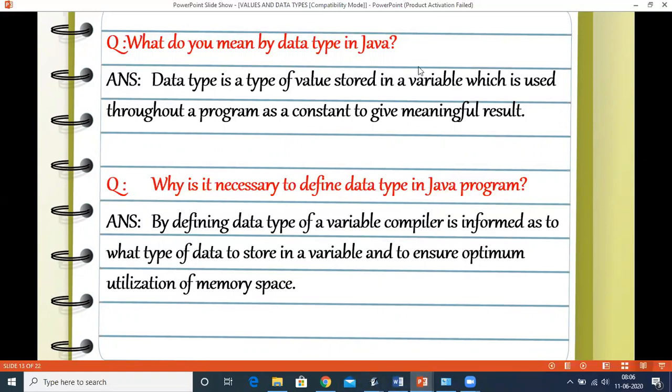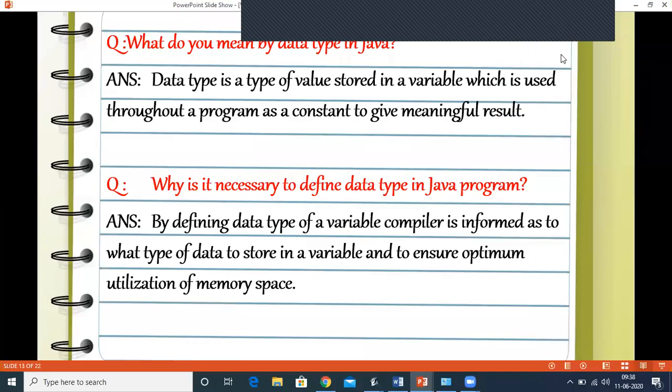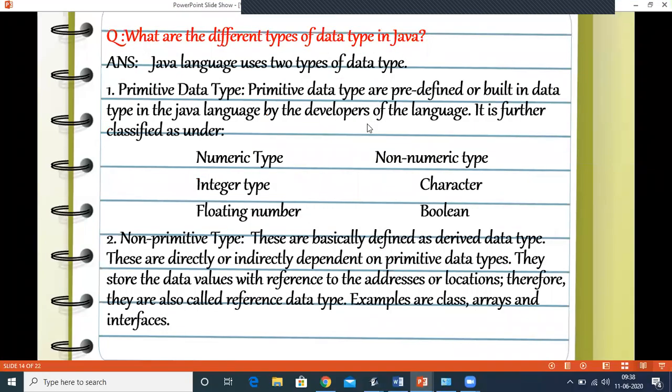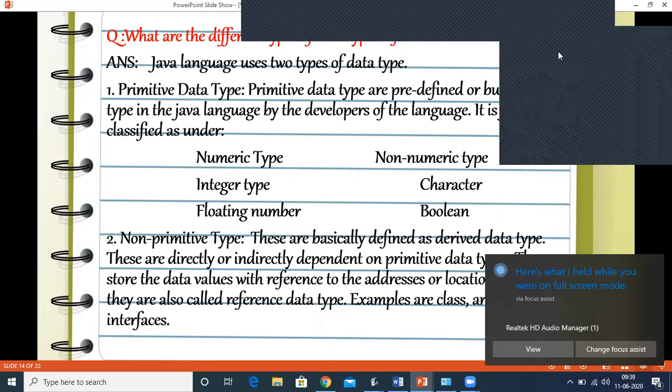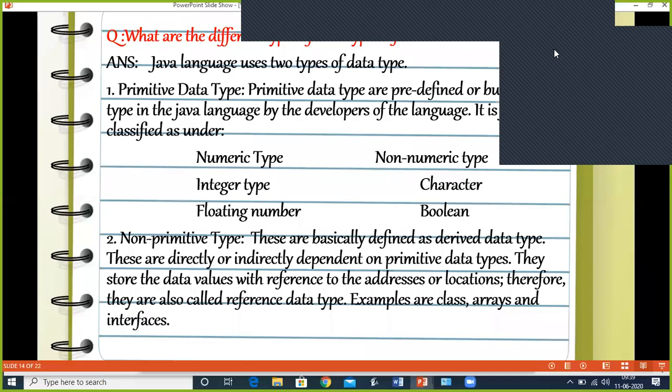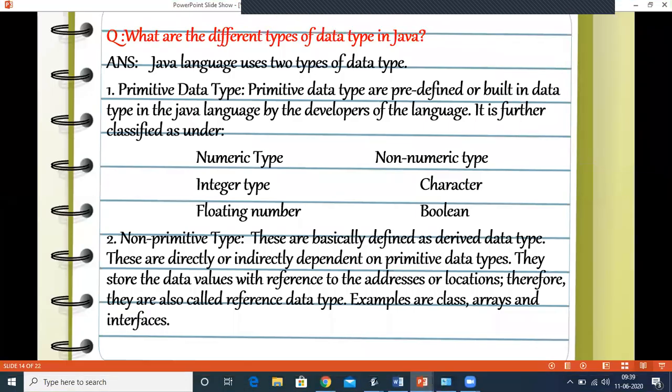What are the different types of data types in Java? Java uses two types of data types: primitive data types and non-primitive data types.